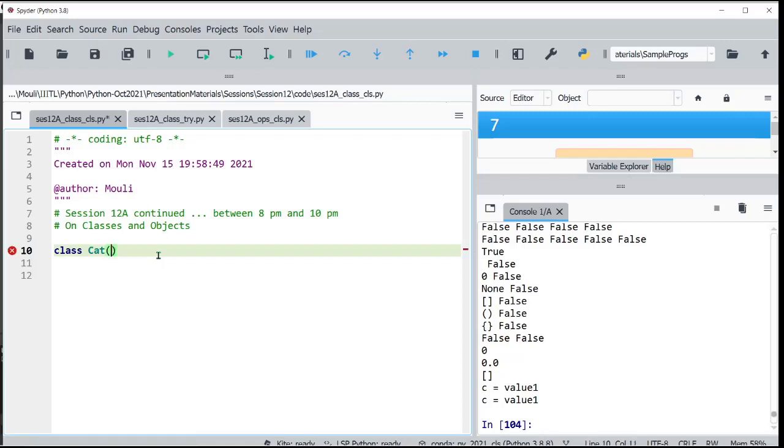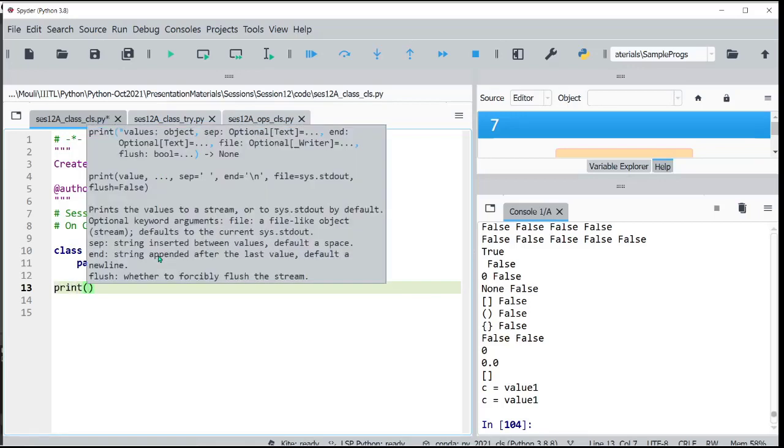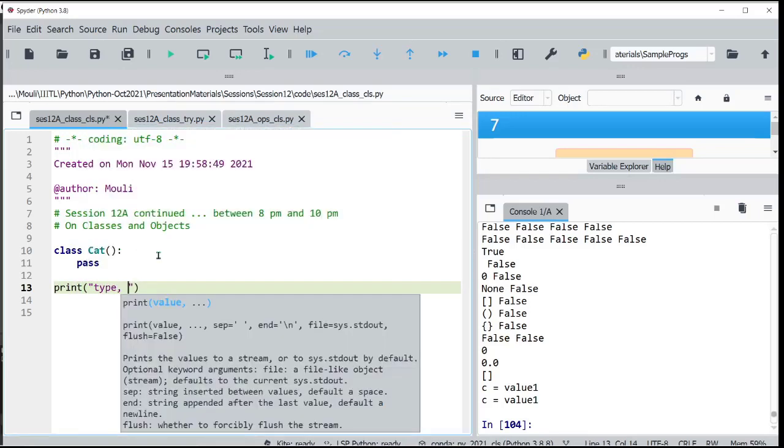So simplest, I said we can have this as a definition. So I can create, now let me print the type and ID of cat.